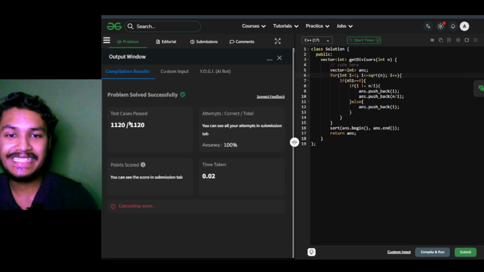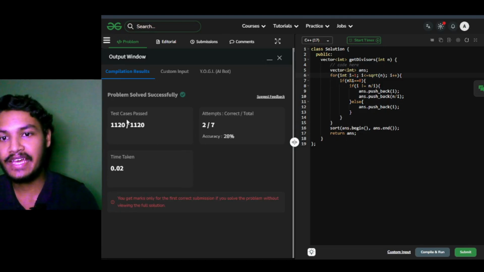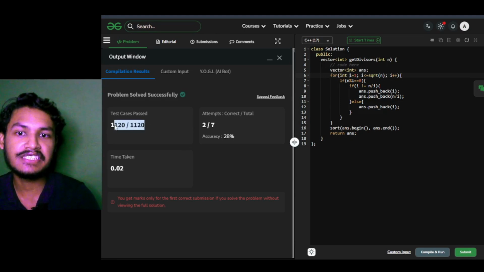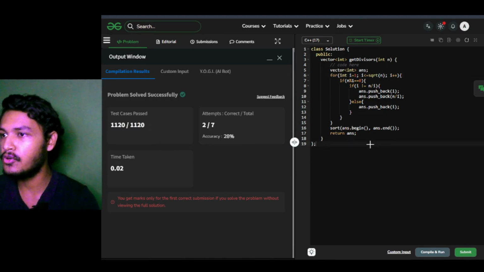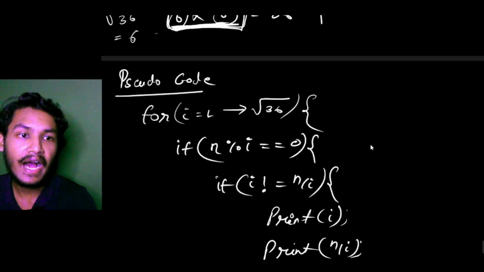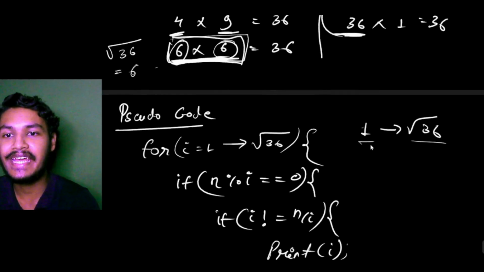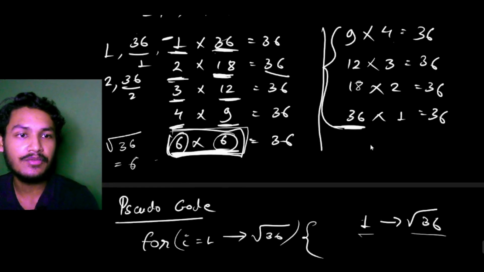You can see that our code is successfully submitted, and all test cases have passed. So this is the optimized approach where we run a for loop from i equals 1 to the square root of 36. I hope you have understood why we run our loop till the square root, and you have understood the observation which we made here.